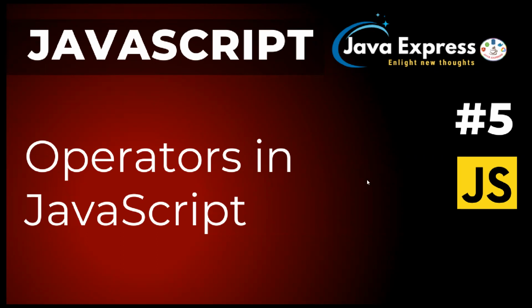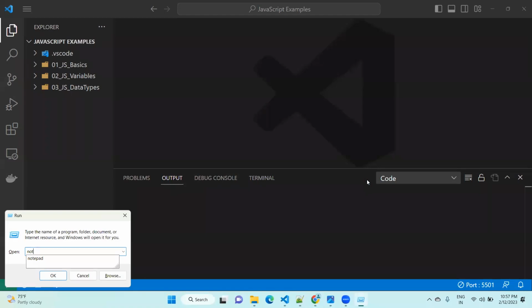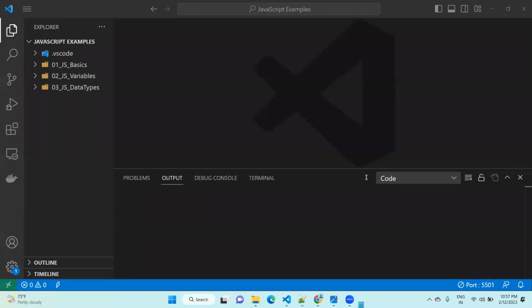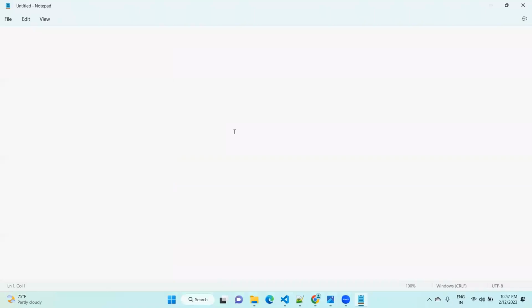Let me open a notepad file. Let me open a couple of things and write it for you guys. First of all, we will see about operators in JavaScript. In every programming language we have operators, but here we have some special operators also. The first one is about